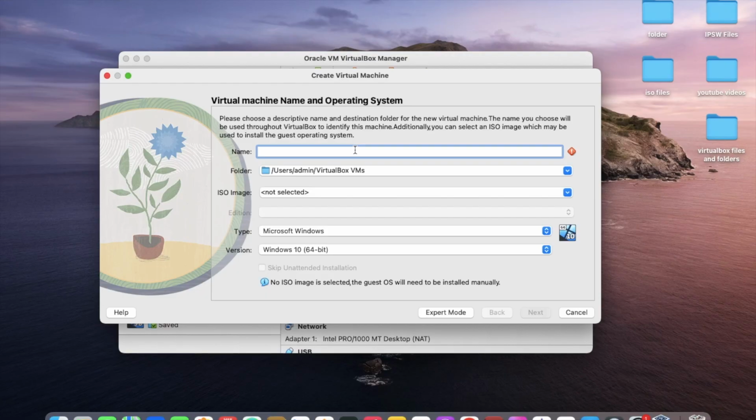Now in VirtualBox I'll click on New and then I'll type in my virtual machine name,